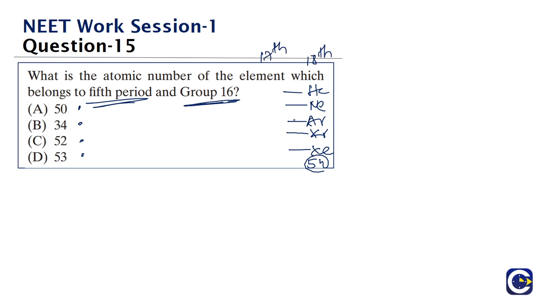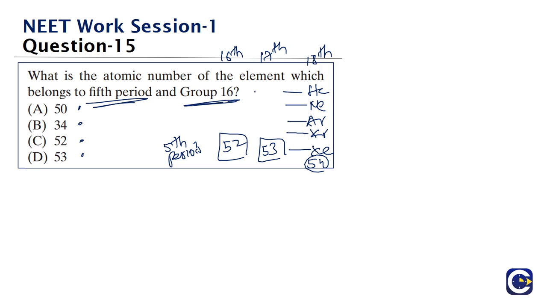The one that comes before it, one less, atomic number 53, will be the 17th group. You come one more step ahead. What is it? Atomic number 52. That is the element which will be in the fifth period and 16th group. So what is the answer for this? It is the element with atomic number 52. Like that we can answer.